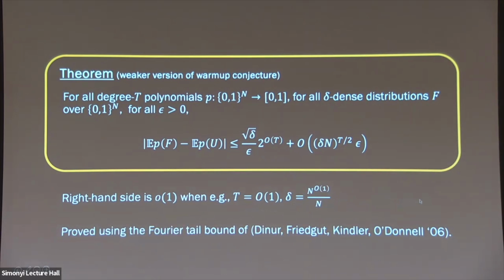So this warm-up conjecture is not totally outlandish. It is true if you have a small degree or a small number of quantum queries. The question is whether you can boost it to be quantitatively better. Is it important for your conjectures that you can control both sides of the error, or do you only need an upper or a lower bound for the pseudorandomness conjectures? You mean instead of absolute value, whether you just have one side? I feel like that shouldn't matter, because you can always negate the output of the polynomial or algorithm, so it shouldn't make a difference.